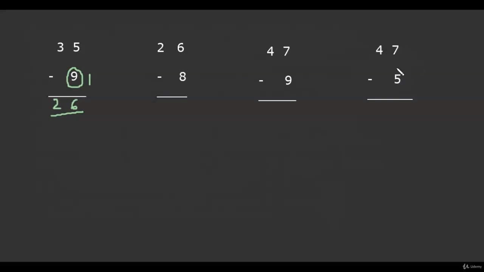If the numbers are matched on the right side of it, we will not reduce 4 by 1. We will just write 4 over here. And we will subtract 5 from 7 by the usual method. But we move from left side to right side.